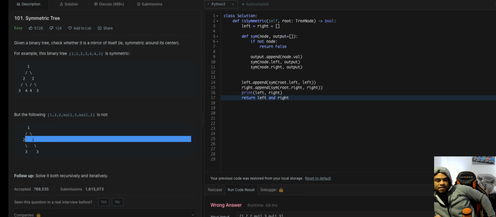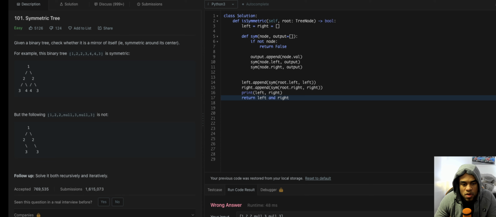The point is that the left value in here gets not symmetric if you overlap them. Is that the point? I see. So if you flipped 2 and 2 on each other, okay, I get it. Okay. So this is not the way to do it. For that to be symmetric, the 3 would have to be over on this side. So what if